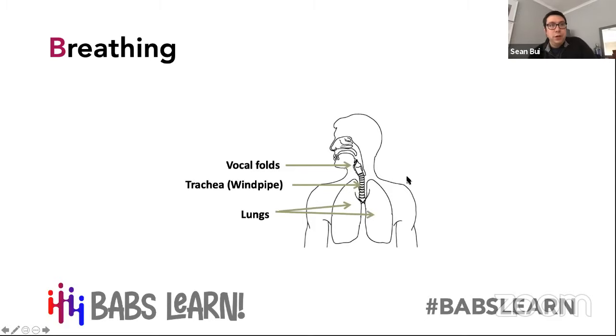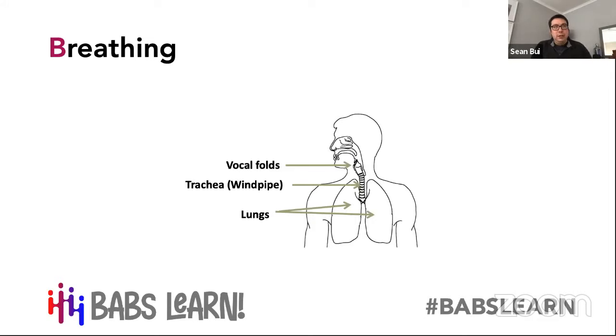Respiration or breathing is a cyclical process, and it happens in four stages. You inspire, you take in the air. There's then a transition phase, and then you expire, and then there's a transition phase back to normal, back to inspiration.